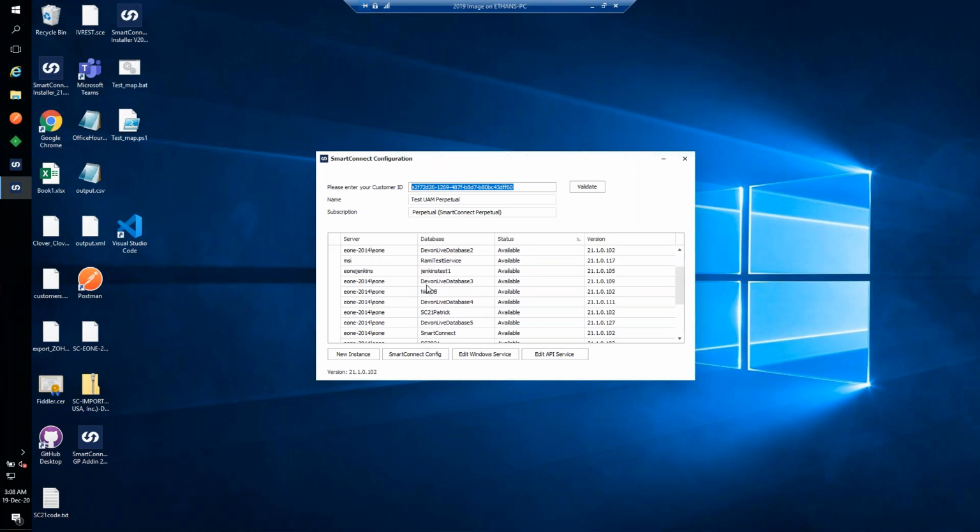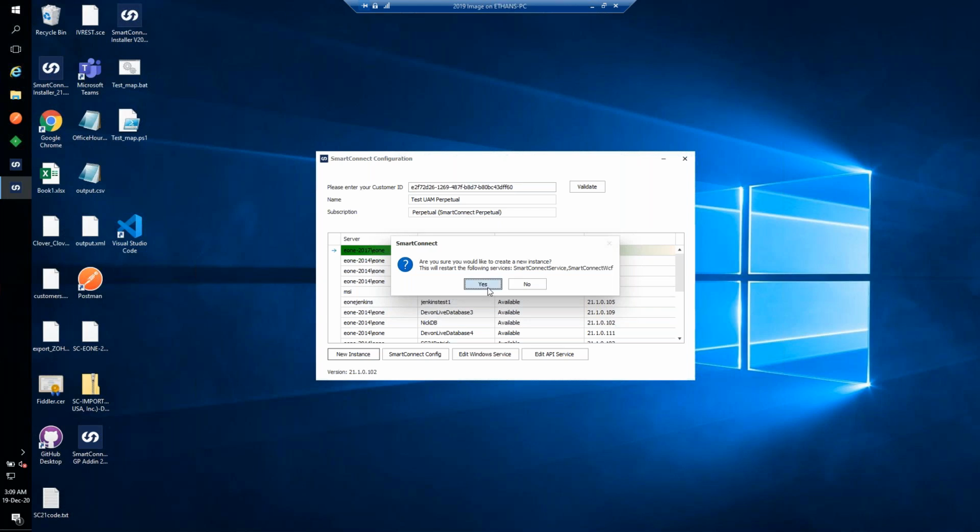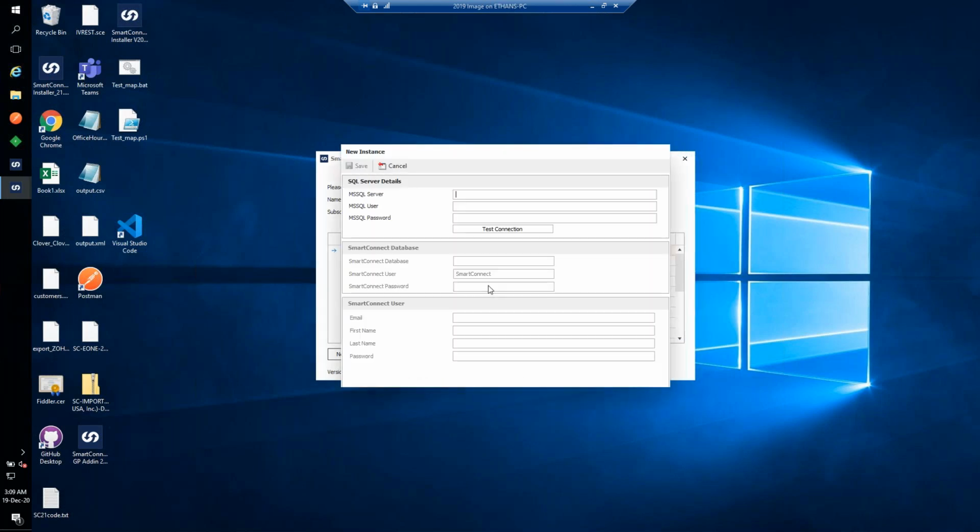it will pull a list of all of the servers it's installed on. This is the one that our whole tech team uses, so it has a lot of servers. Typically, you'd only have the 4 that you're allowed to have at most. When you create a new instance,